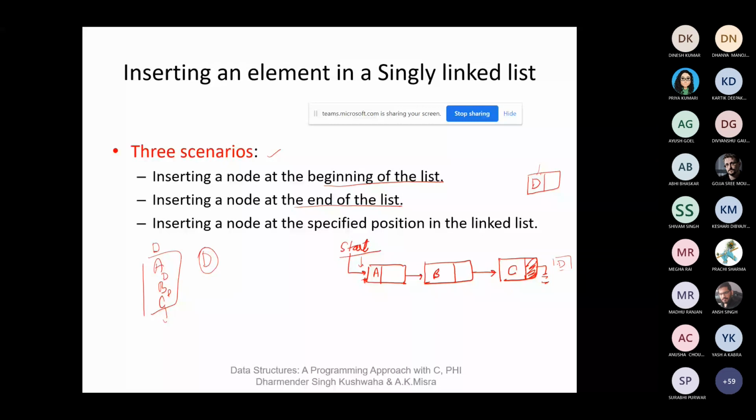And you have to remember, whenever you want to insert any element in the list, firstly, you will create a memory for that particular node by using the malloc function. So you can create a memory. So that particular node is created and its info part contains the data value. And this node requires the address of the next node. So now started at the beginning of the list.